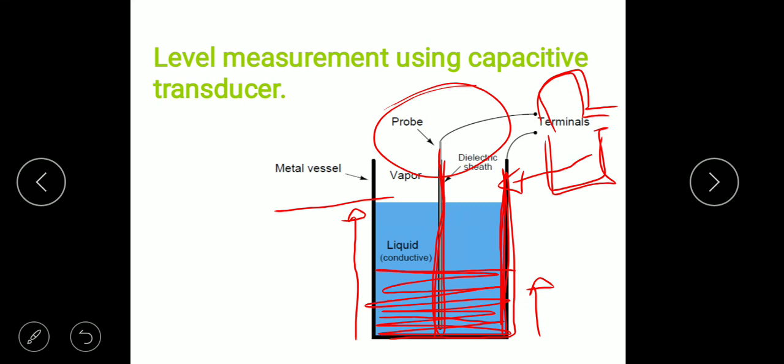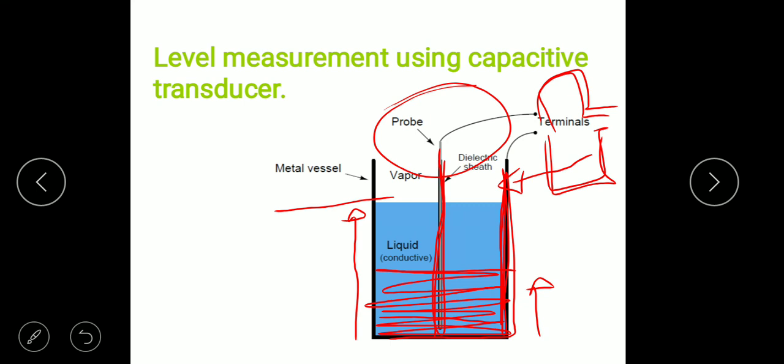So this is all about level measurement using a capacitive transducer. This device is generally used to measure the water level in our daily use. For the measurement of water, we use some other methods to find out the liquid level, but this kind of device we can also use to measure the liquid level and to control the flow of the water before it overflows. So this is all about the working.